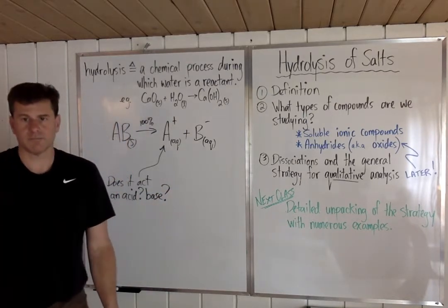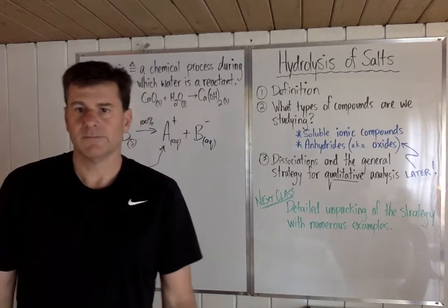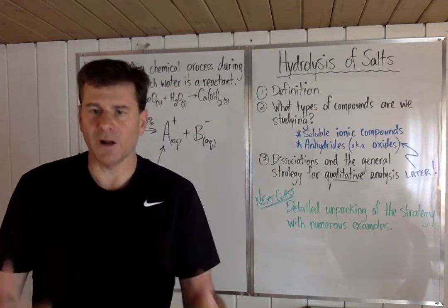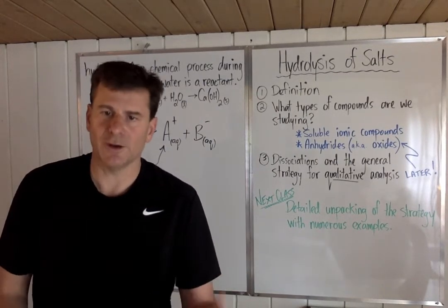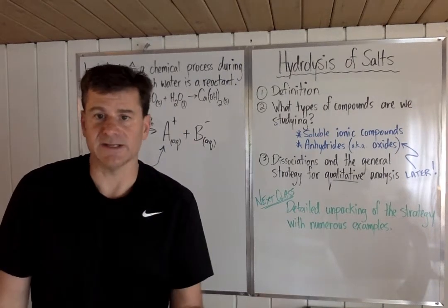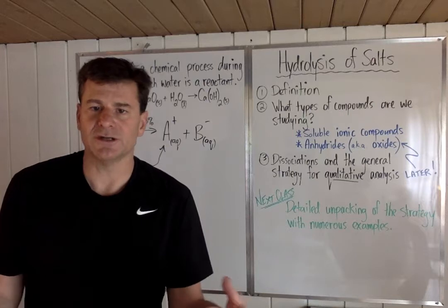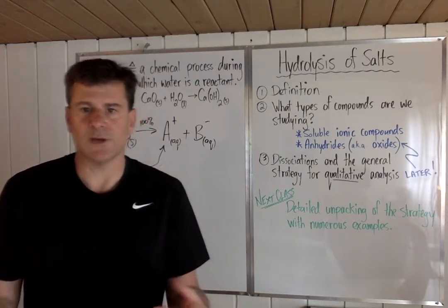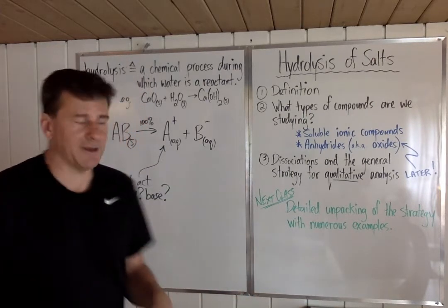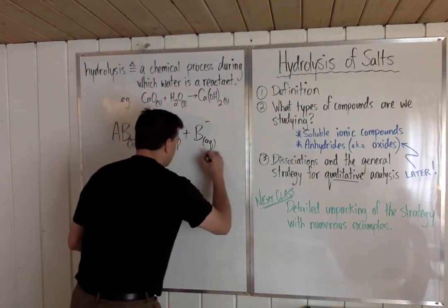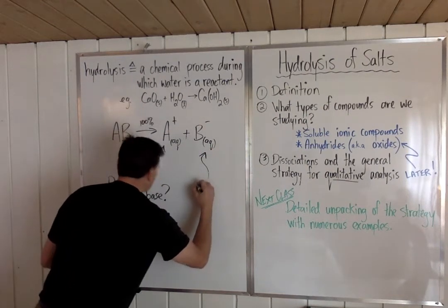Base? And then you go through the problem solving. You try and determine, well, how do I know if it's acting as an acid? How do I know if it's acting as a base? And if the answer to either of those questions is no, then A plus does nothing. I then go on to ask the question,